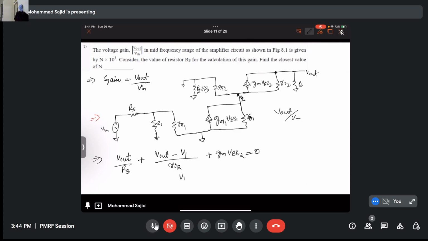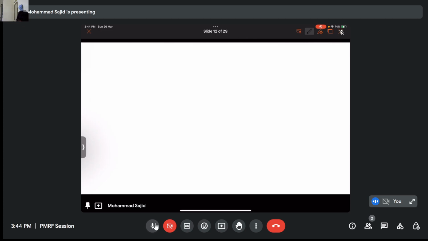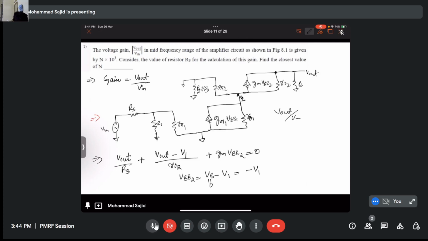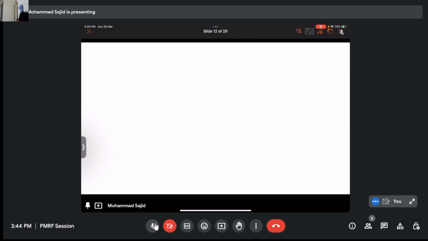Now again VBE2 is equal to VB minus V1, and this will be V1 because VB is at 0 voltage. So my V output is